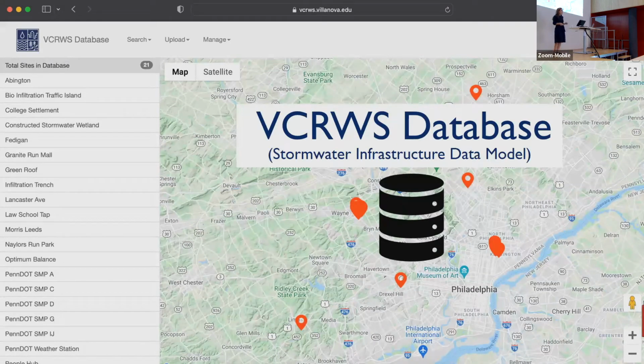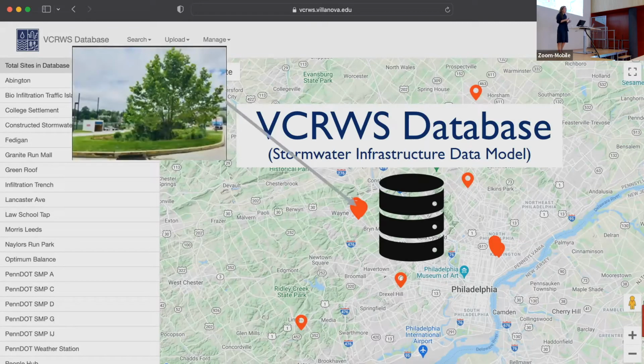And actually, "we" is VCRUS. So I'm part of a center, the Villanova Center for Resilient Water Systems at Villanova. And VCRUS was started by a guy who was here a few months ago, Rob Traver. And 20 years ago, Rob Traver started thinking about BGI. And he built something called the bioinfiltration trench, shown here in an image. And he started monitoring that with flow sensors and taking samples for water quality before and after storms and looking at the depth and the weather and keeping track of all of these different variables at the 5-minute scale for 20 years. That's a lot of data.